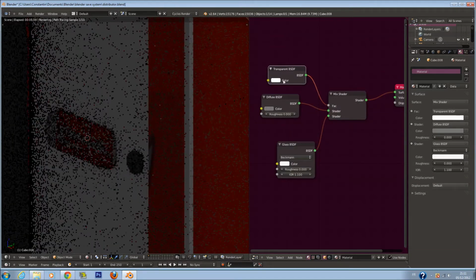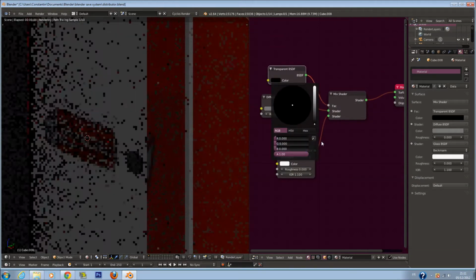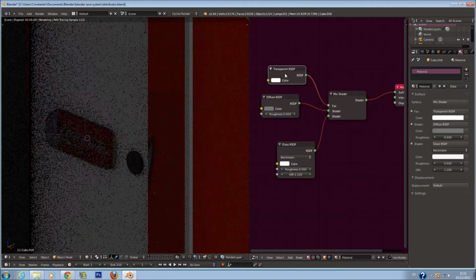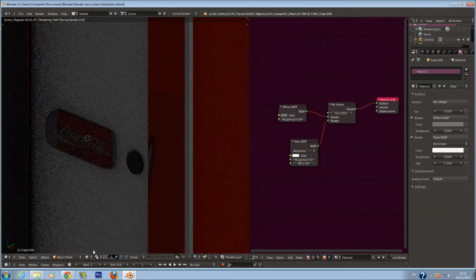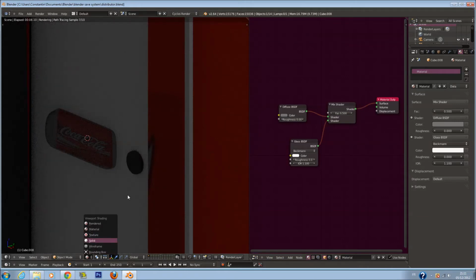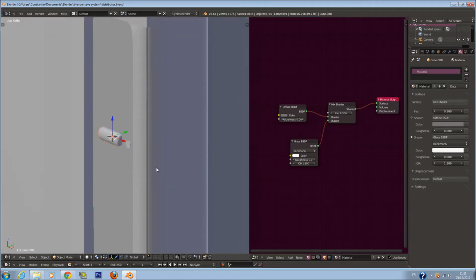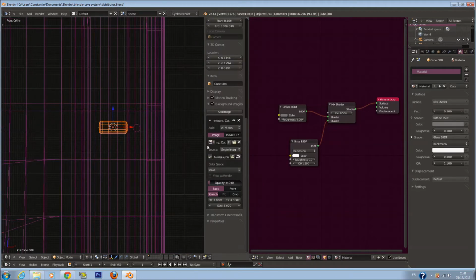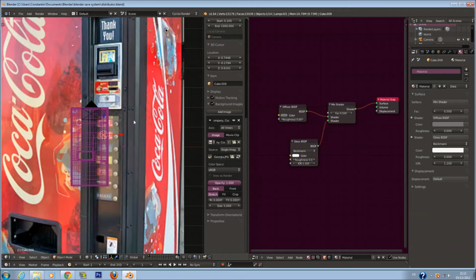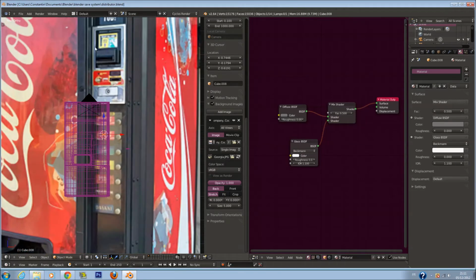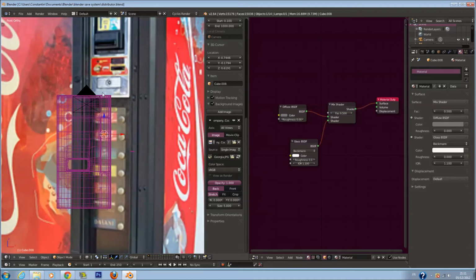Okay, and turn to 1.1. Yeah, good. And now if I had the transparent, I don't know if the image will be better. I think no. Yes, it will change nothing. Okay, and now we can add